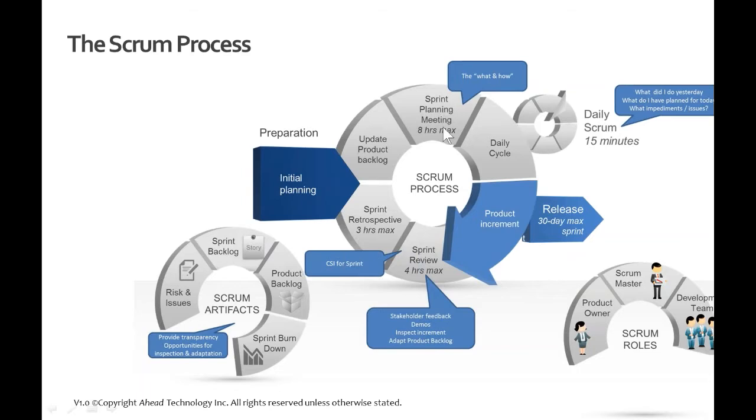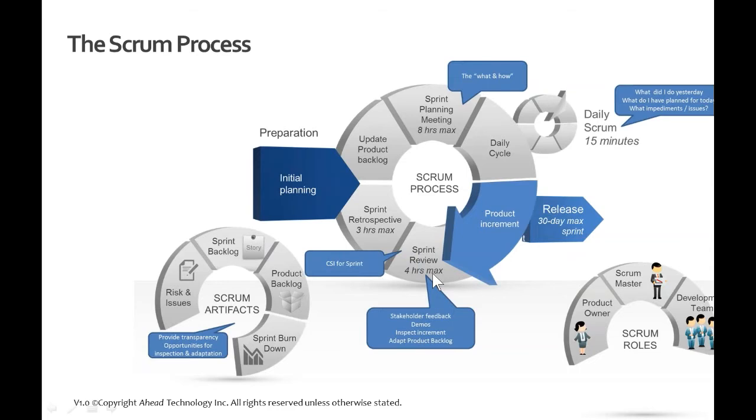From there, we go into our main events, which is the sprint planning meeting, our daily cycle, so you hear that called daily stand-up, etc., the daily scrum. Our goal is to release the product increment, and that can be one or more increments that make up a release. It depends on how you plan your final release into production. However, this is intended to be a